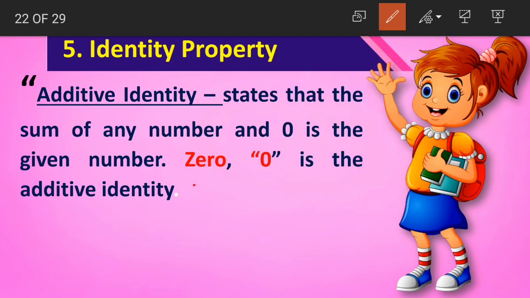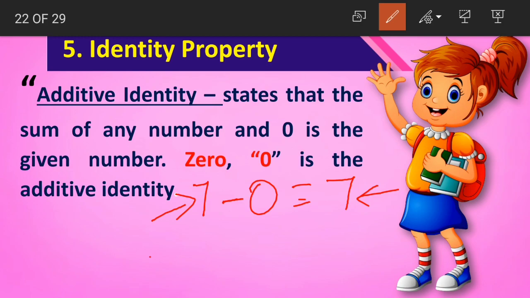What about subtraction? When we subtract 0 from a given number, 7 minus 0 gives us what? If you have 7 chocolates and I take 0 chocolates from you, 0 means nothing. So which means I have taken no chocolates from you, then what will you have? You will have the same 7 chocolates with you, right? So even in this case, when 0 is subtracted from a given number, the identity is not changed.